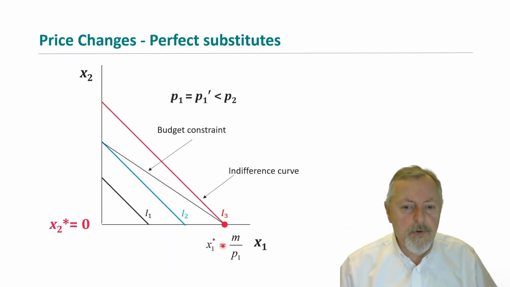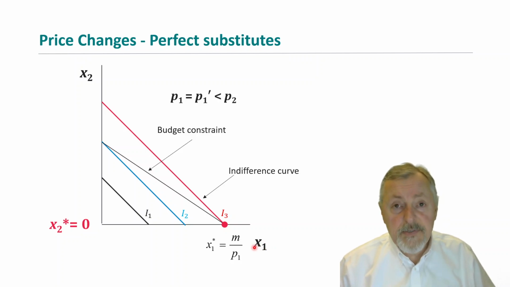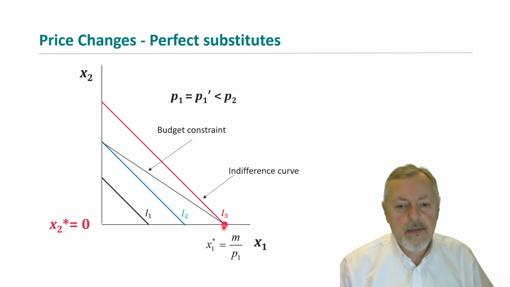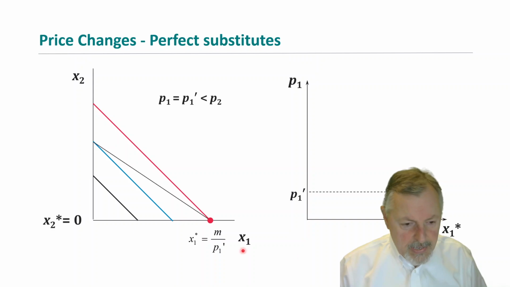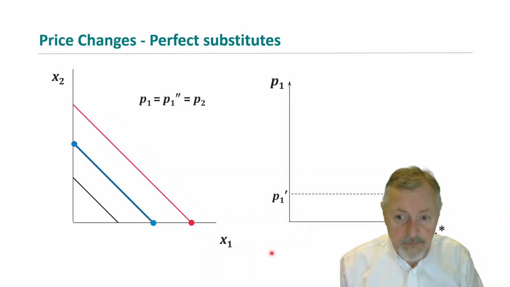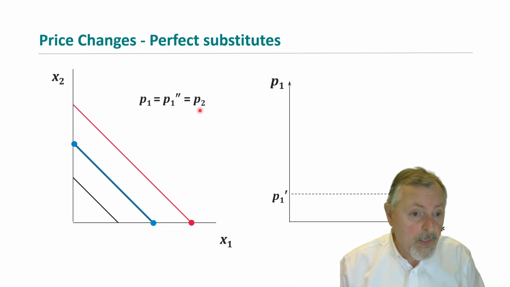If you spend all your money on thing 1, you can buy this much. If you spend all your money on thing 2, you can only buy that much. That tells me that the price of thing 1 is lower. Therefore, because they're perfect substitutes, you'll spend all your money on thing 1. And if you plot these, note here,